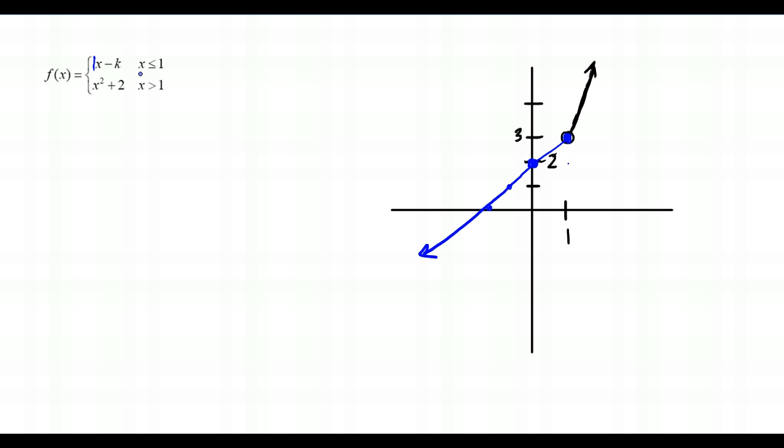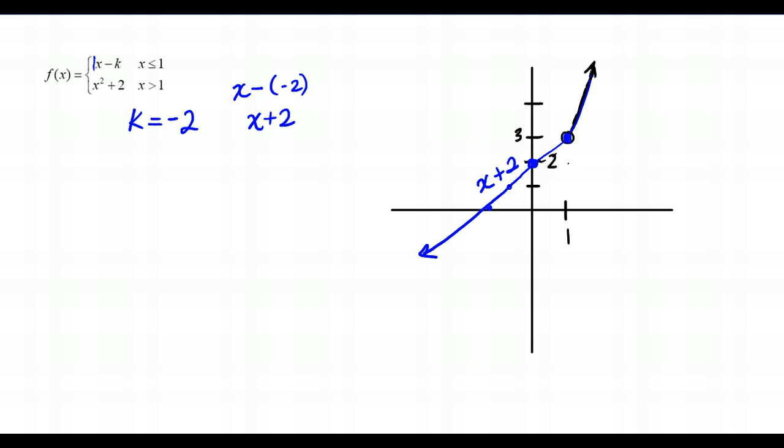of x minus k. So what does the k value need to be? And so this one's tricky because it looks like the k value should be 2. But that's not the case. So what is the equation of this line right here? This is the line x plus 2. So if k is behind a minus sign here, then that must mean that k has to be negative 2, so that I end up with x minus negative 2, which is x plus 2. So our k value is going to be negative 2 in this instance,